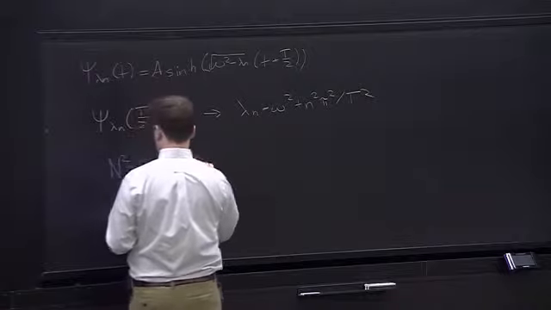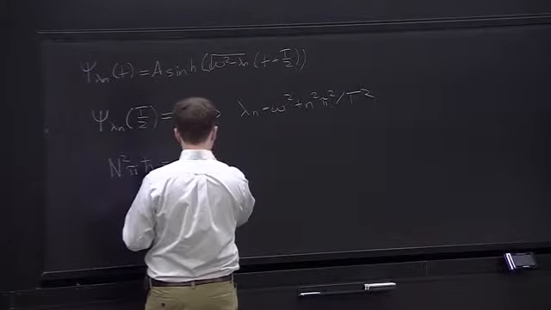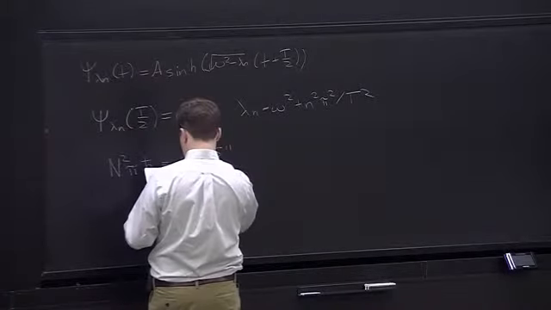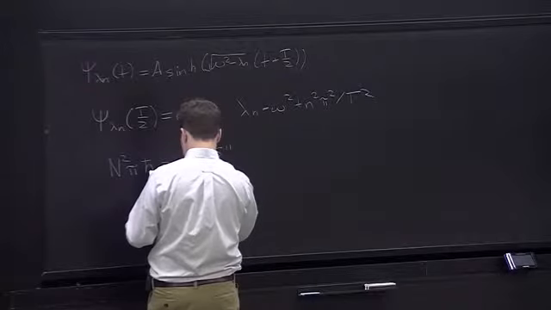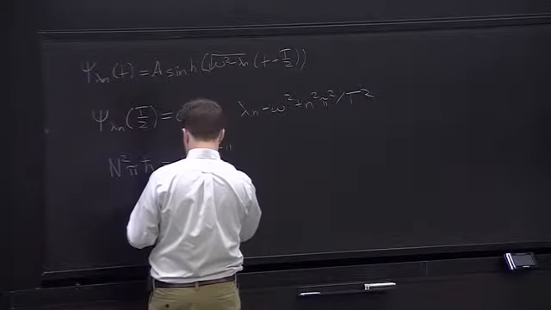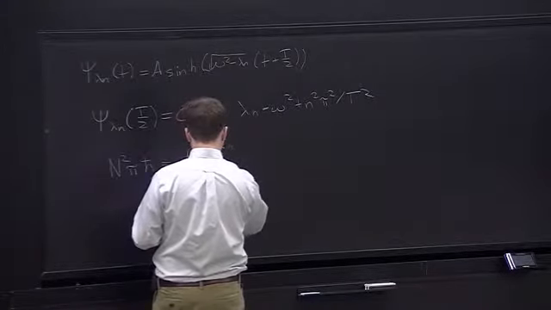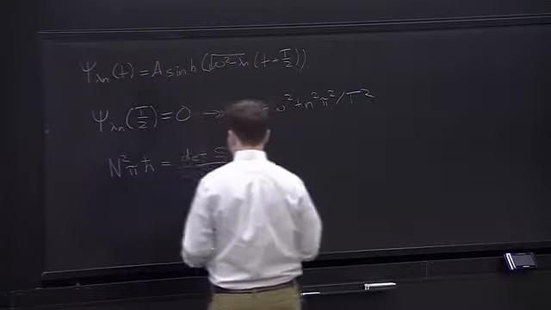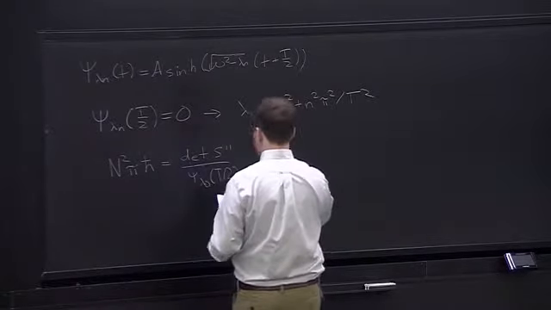If we make the choice that N squared is proportional to the determinant over the zeroth eigenfunction evaluated at T over 2,